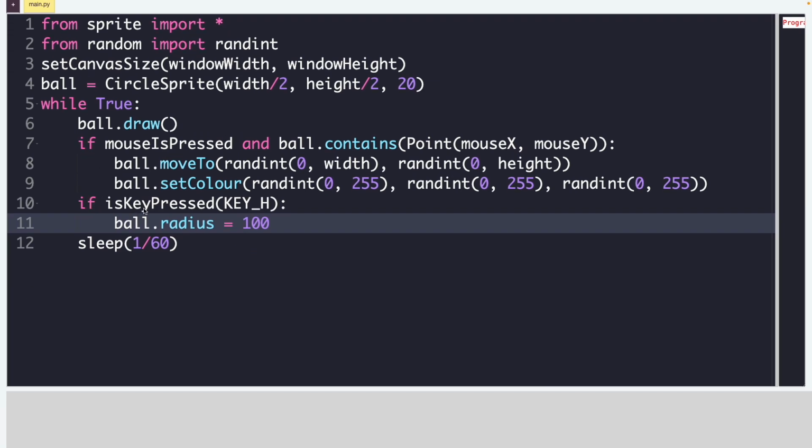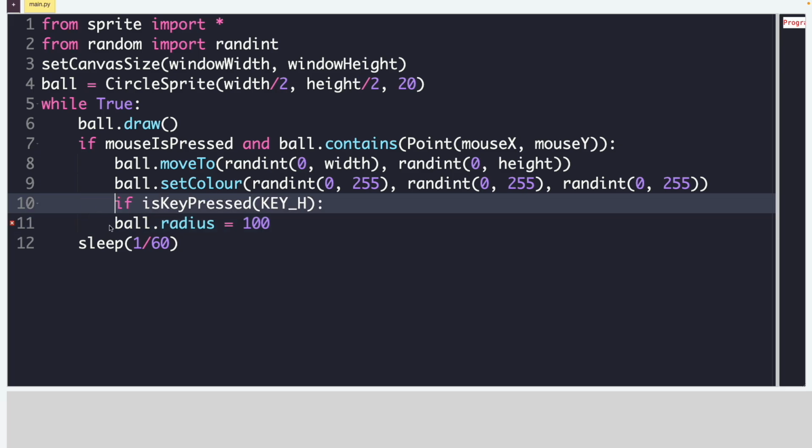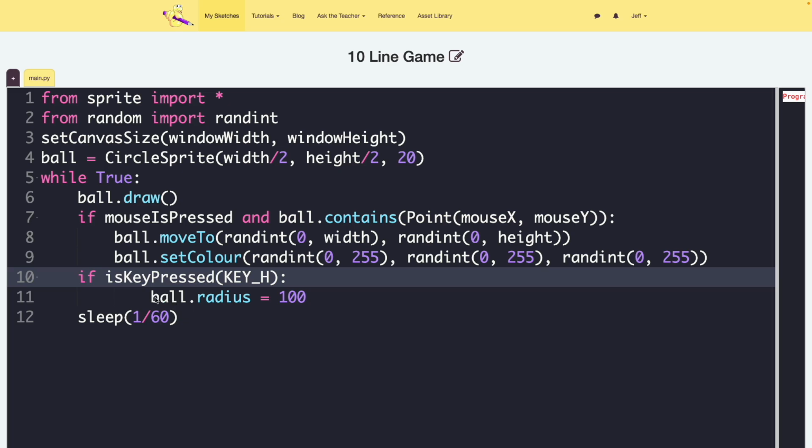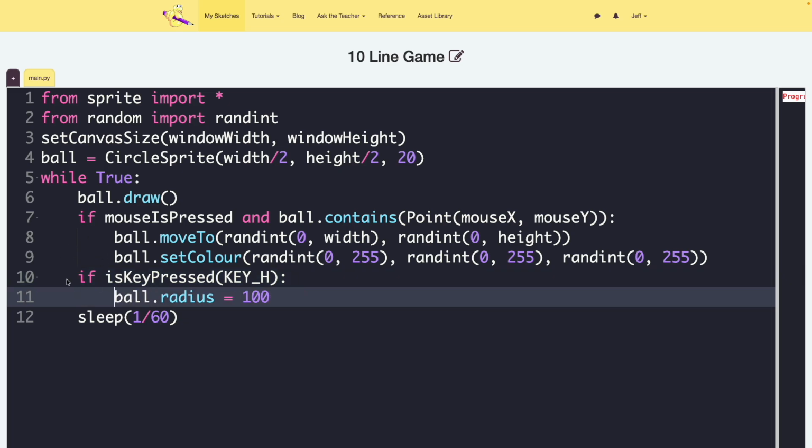So now I check if I click on the circle, but then separately I also check the H key. Before I was only checking if I'd pressed the mouse key and it happened to be inside the ball at the exact time I was pressing the H key. Let's see if I can actually do that. That would be actually hard to do. So in this case, when I start, I'm going to hold down the H key, so I'm pressing it, and now I click in that, and then it changes the radius to 100, which is not what I wanted at all. Oh dear. So what I need to do is let's unindent these two lines,